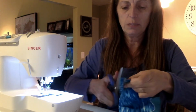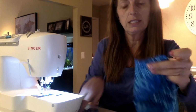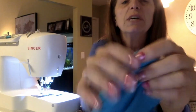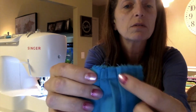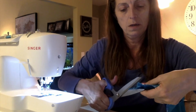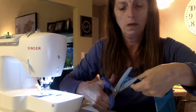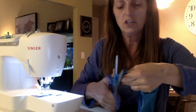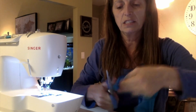It's hard to get through these pleats. It really is. So you want to leave just a little bit of fabric right there, not a whole bunch. See how I have a bunch there? We're going to go ahead and cut that off. And you can do that all the way around the mask, is cut the extra